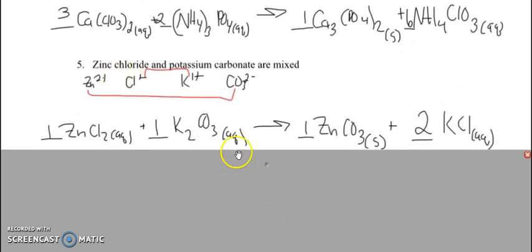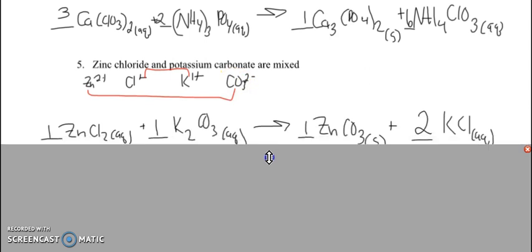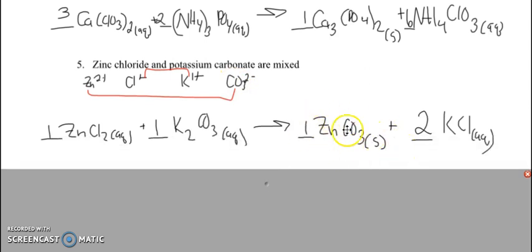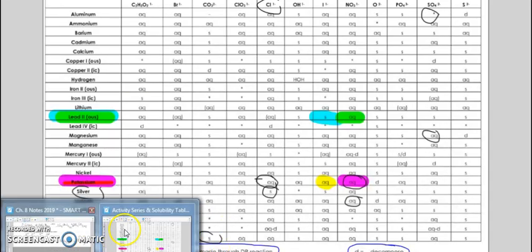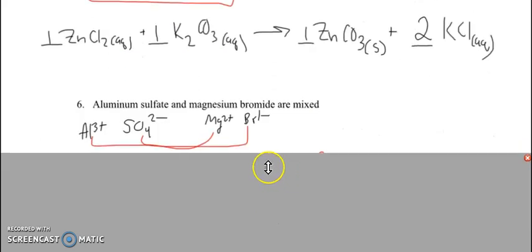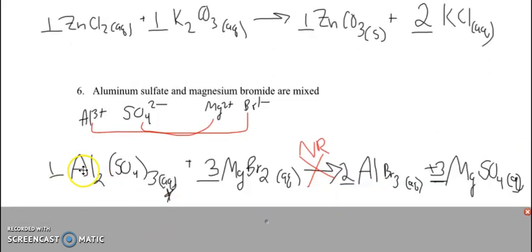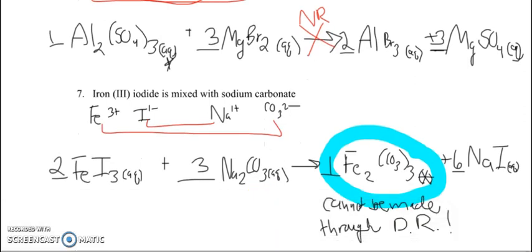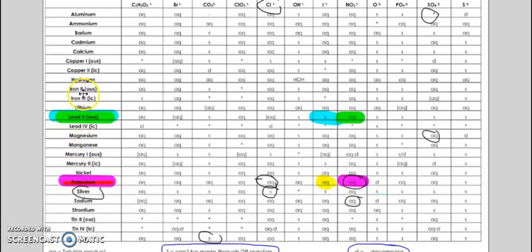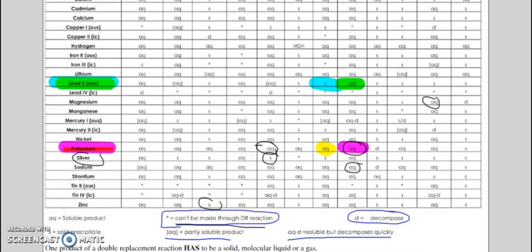Okay, number 5. Here is your ionic soup. And when we mix together, you will get a solid zinc carbonate. If you check your solubility table, zinc carbonate, it will be solid, so this reaction will go. Number 6. This one's a little funny. You might notice that aluminum sulfate says it can't be made through double replacement, but it does exist, so we're going to carry ahead. But my products, I get aqueous, no reaction. And we've got 15 seconds left, the very last one. No go. If you check your solubility table, you get a star by iron 3 carbonate. So if you have iron 3 carbonate, when you look at that one, let's see, it's right here, it cannot be formed. So it exists, but not from this